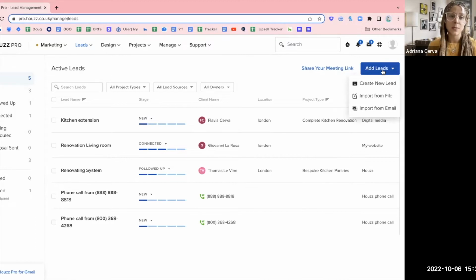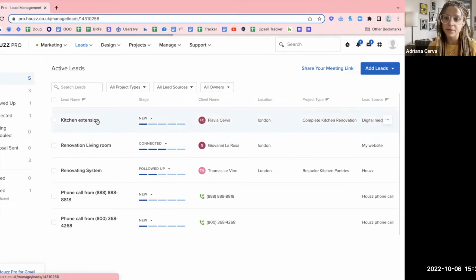So here you can import all the leads that you have. If you have your leads, for example, on an Excel spreadsheet, you will be able to import it from file. You will also be able to import it from your email if you download the Gmail extension, or you can create a new lead manually. So again, now what I want to show you is how a lead looks from the inside. If we click on the first lead here,